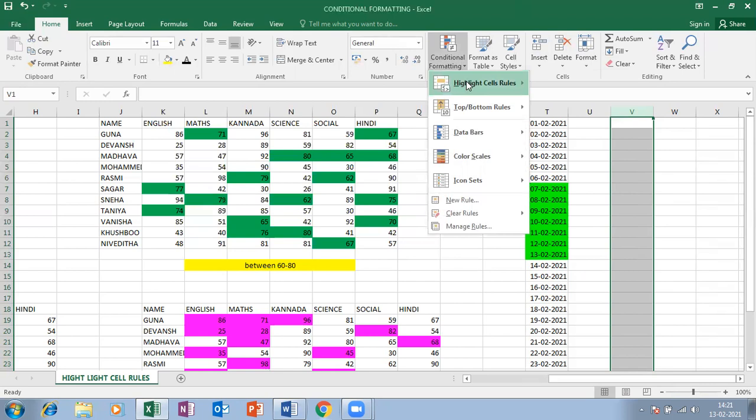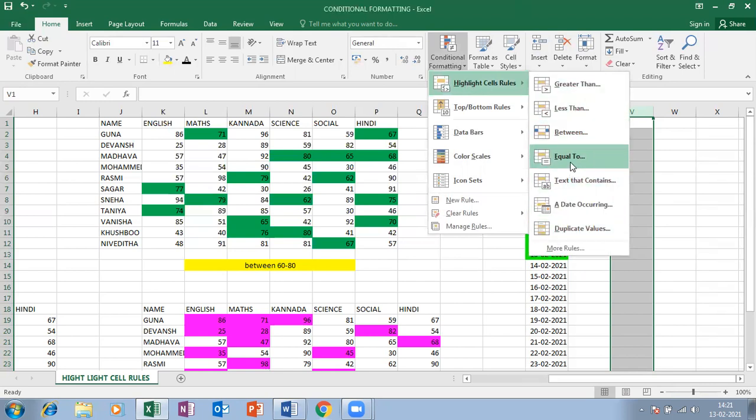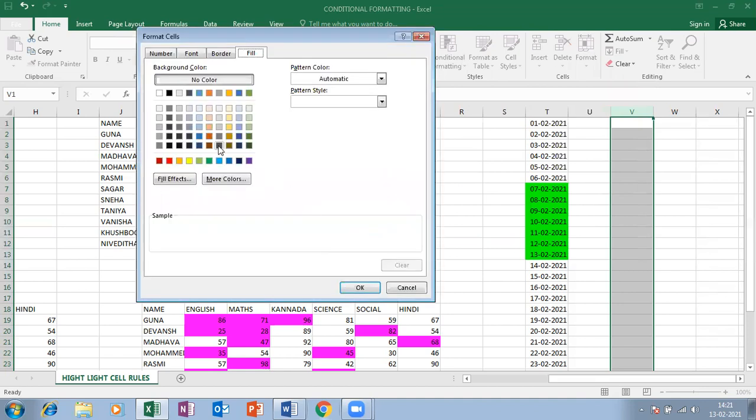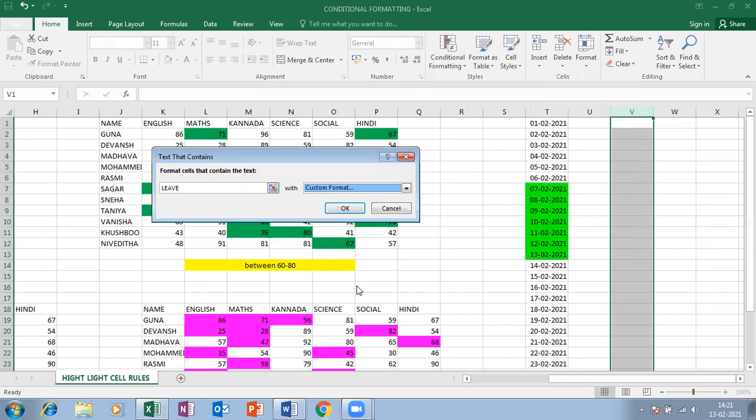Again, conditional formatting, highlight cell rules, text that contains. Okay, so then here you enter leave. Click custom format. For leave, you just enter blue color, something, whatever you want. You can choose your color.